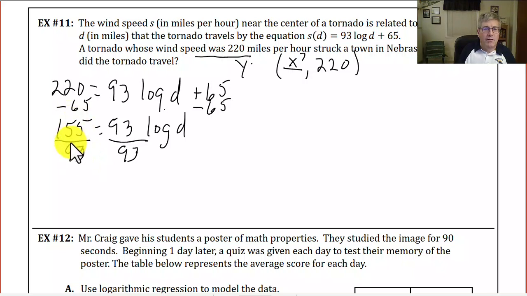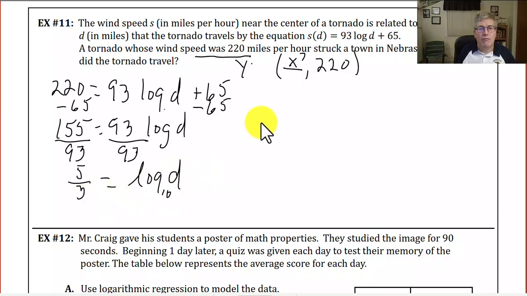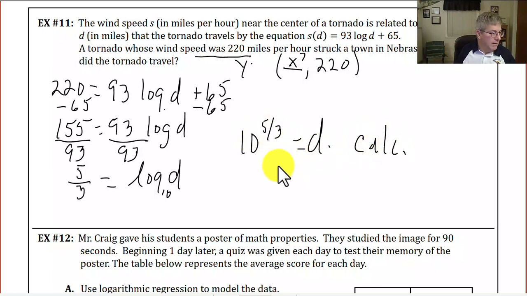Both of these are multiples of 3, and it simplifies to 5/3 equals log d. So we've got log base 10 of d. I need to solve for d. I'm going to convert to exponential form. So we have 10 to the 5/3 equals d. And we put 10 to the 5/3 in our calculator and get 46.416 miles